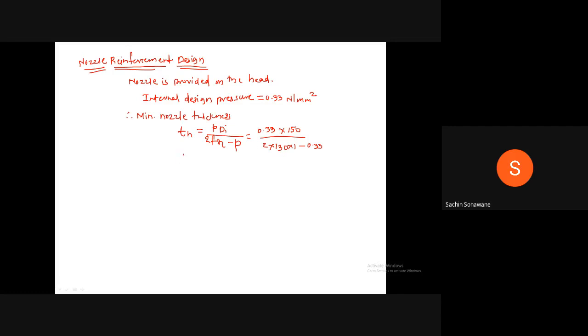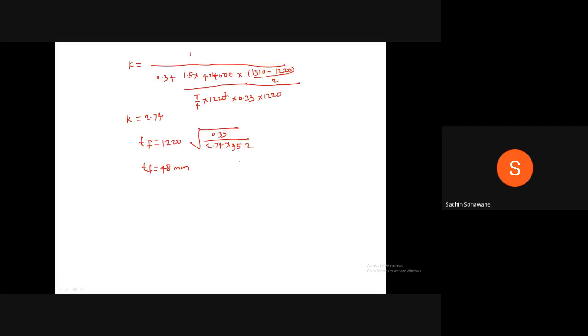Therefore, Tn is equal to 0.189 mm. Now, since the material is stainless steel, no corrosion allowance is required. Therefore, you can write down